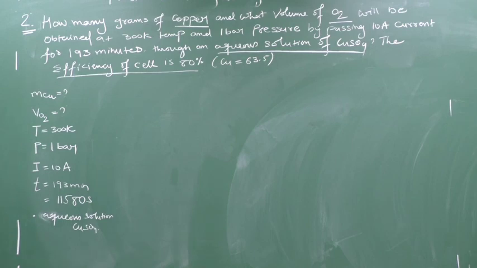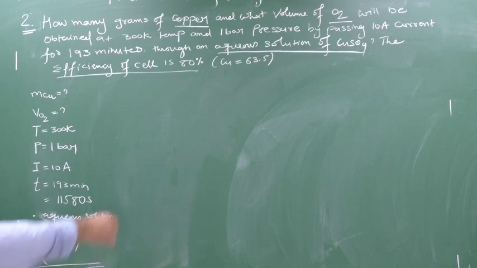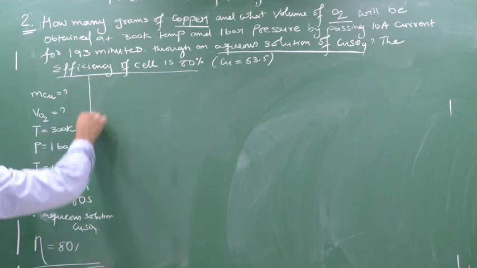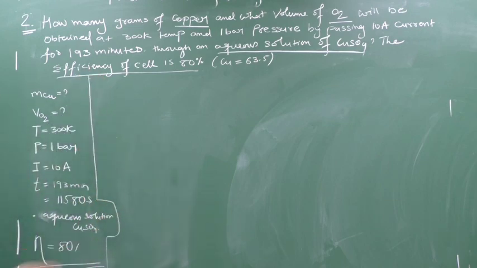Efficiency of a cell, what is this, sir? I will explain later on here in this problem only. Okay, efficiency, you know, you are a science student, it is mentioned in terms of eta. So efficiency is equal to what? 80%. Now what is this? We will see this. Okay, this problem is very interesting. Please see this. Now we will start.